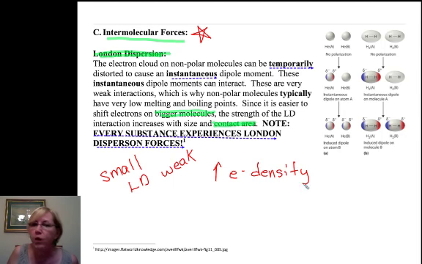Now, don't go by molar mass. This is not an issue of molar mass. Molar mass is calculated based on protons and neutrons. Now, you can use the molar mass to kind of get an estimate of the size of a molecule, but don't use it in this conversation. You want to be talking about the electron density. If you increase the electron density, you increase the polarizability